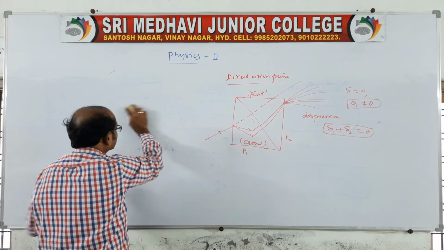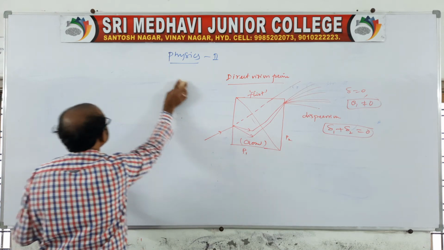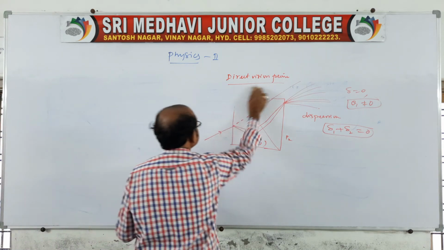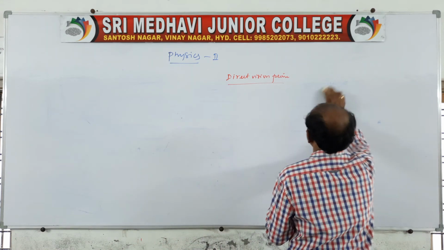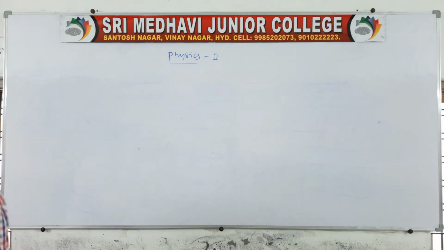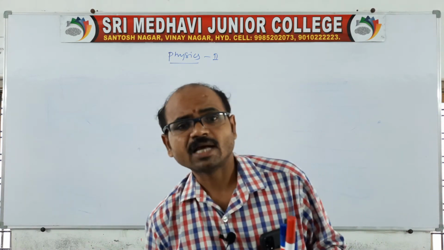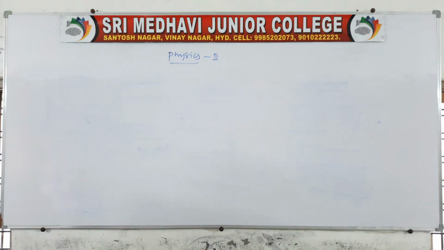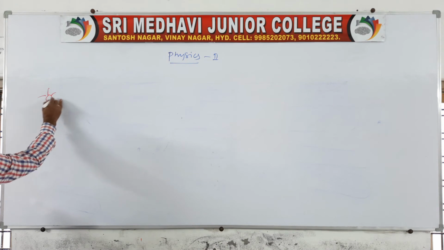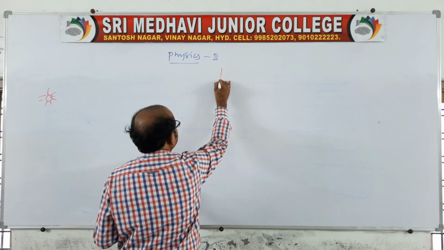The rainbow occurs because of the dispersion, because of the scattering of light, and because of refraction and reflection also. So the rainbow is possible due to dispersion, scattering, reflection, and refraction. Sir, how do we get the rainbow? I'll tell you. Suppose there is a sun like this. One side should be sunshine, and on the other side rain should fall.